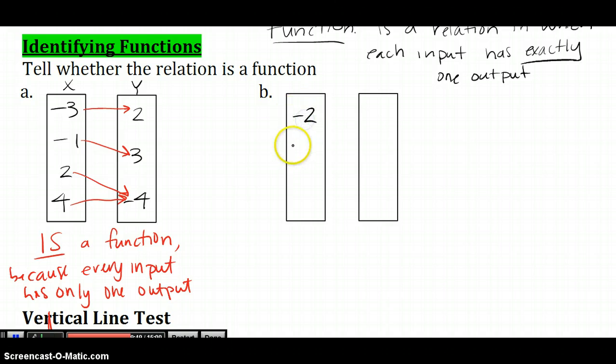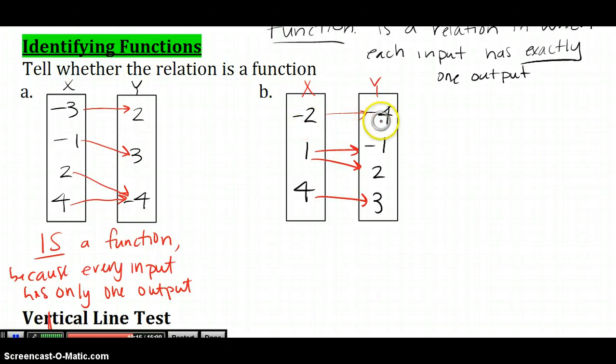So another example, if we had negative 2, 1, 4, negative 4, negative 1, 2, and 3, and let's say these two were mapped, and 1 was mapped to both of these, 4 was mapped to 3. Now to see if this is a function, check to see if every input has only one output. These are our inputs, these are our outputs. Negative 2 only has one output, 4 only has one output, but here we see that 1 has two outputs. 1 is mapped to both negative 1 and 2. So this is not a function,